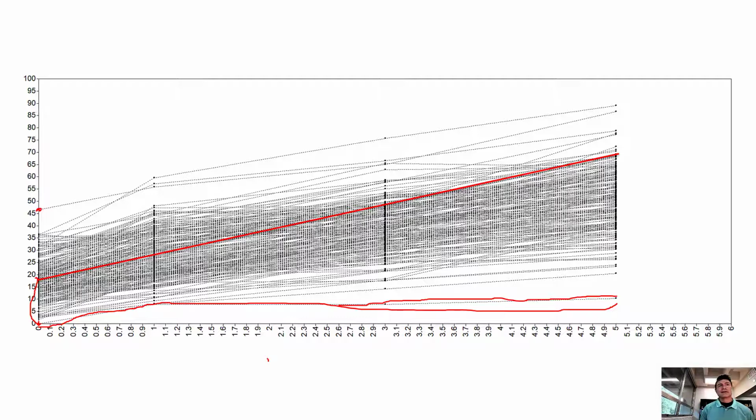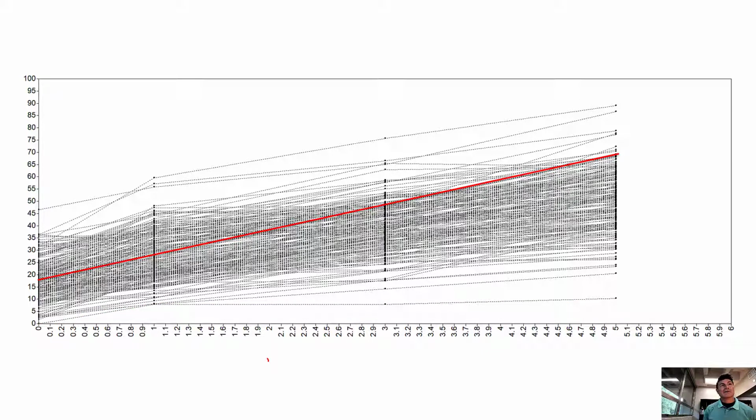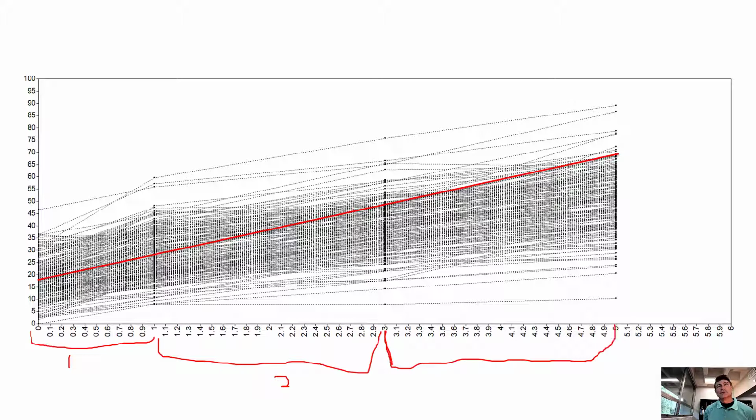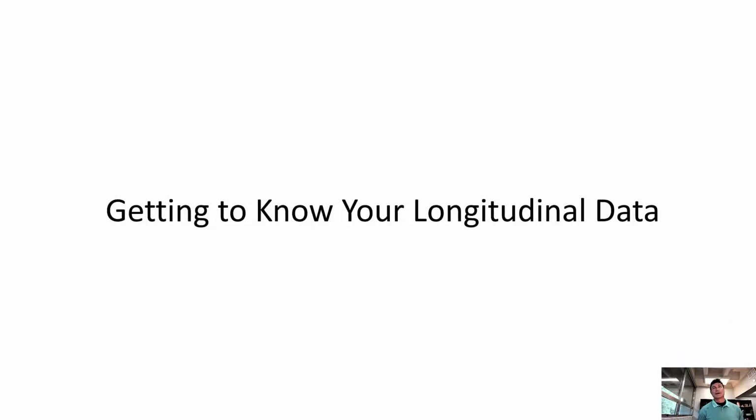Another thing to note on this slide is when we start to use these more advanced methods, our intervals are going to be correct. So this is a 1-year interval. This is spaced out a little bit more. This is now a 2-year interval between 2nd grade and 4th grade, and then this is another 2-year interval between 4th grade and 6th grade. So our intervals are spaced out correctly when we use these other methods, and that's what I'm demonstrating in this figure, which comes from the other methods.